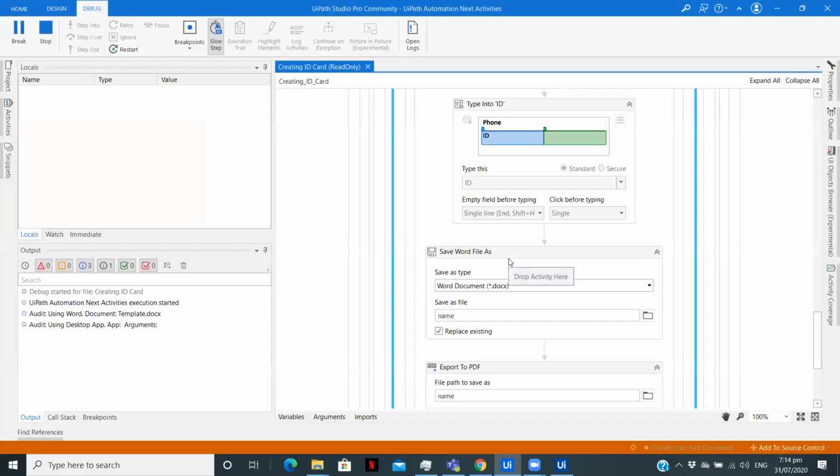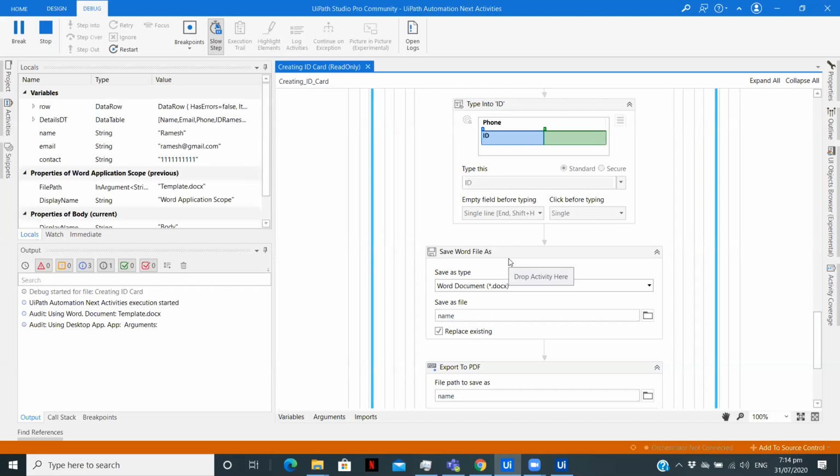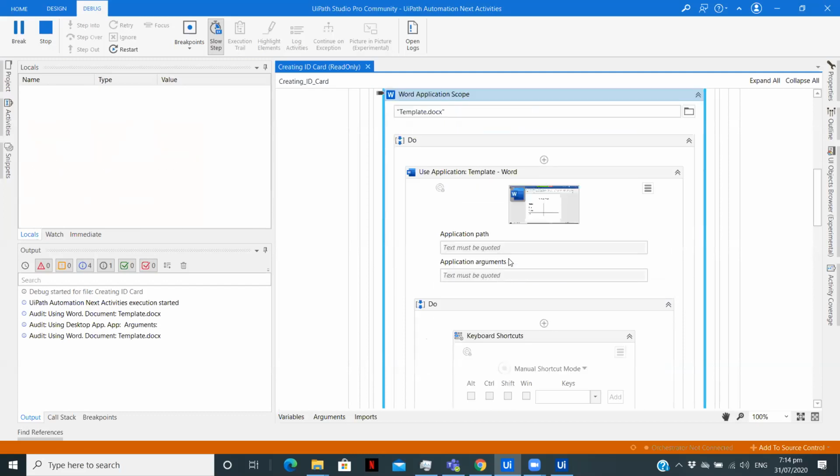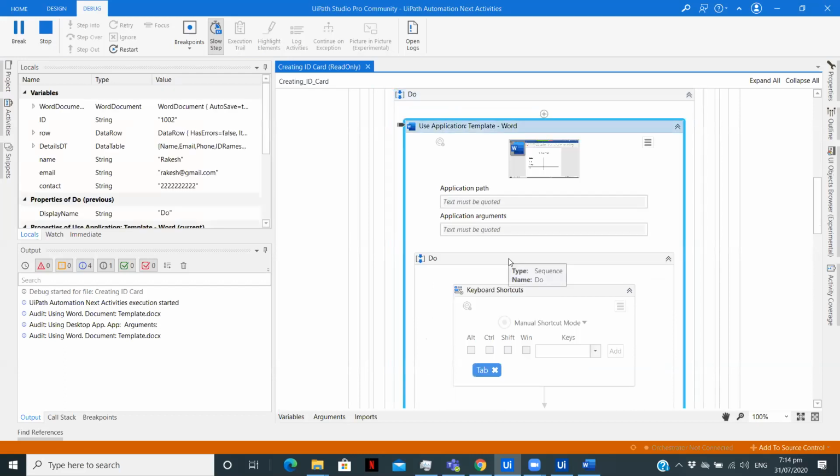So it has created the first file for us. Now it will start creating the second ID card. It has successfully converted to the PDF. That was the process going, so it took some time.